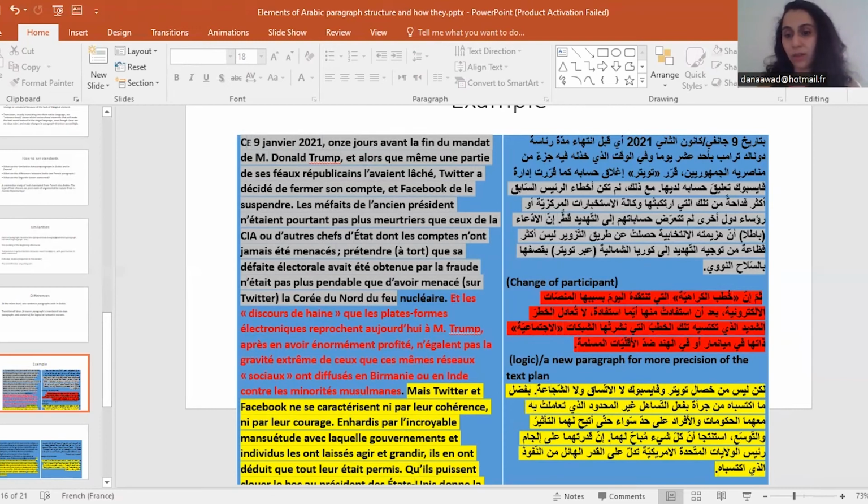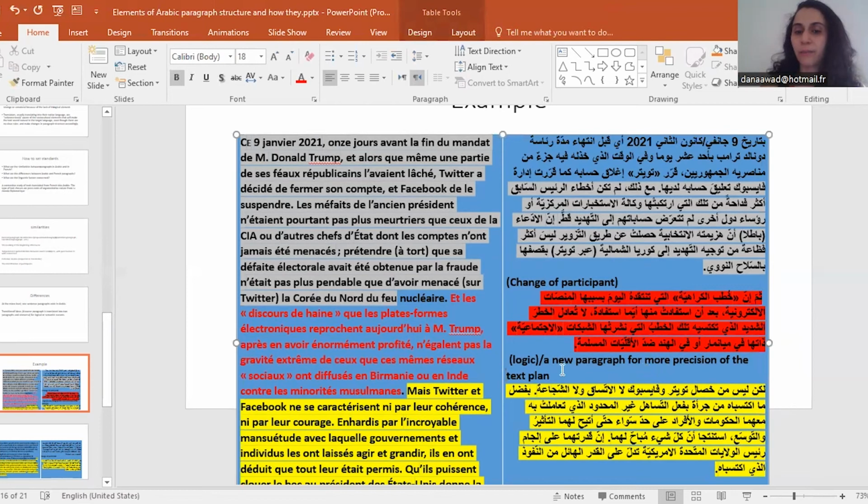So here it is to explain the author's sequence of arguments and ideas, and also to emphasize the author's involvement in a way. So the translator found that the author's voice will be more clear if